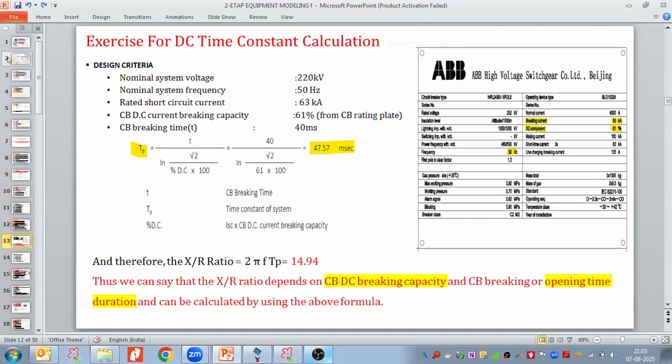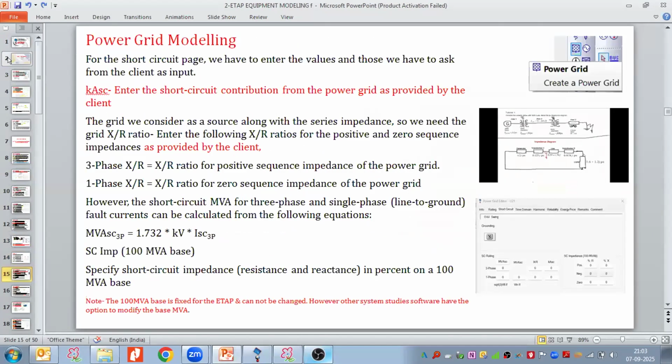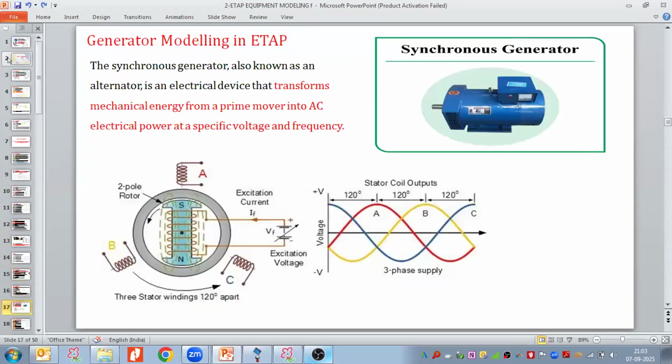We discussed the grid modeling, power grid modeling, and what inputs we require: the X by R value and the impact of the X by R value. All those things we discussed yesterday, and also how we can calculate the X by R. So let us take today